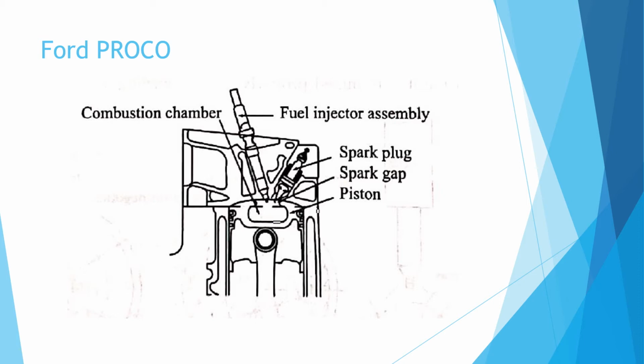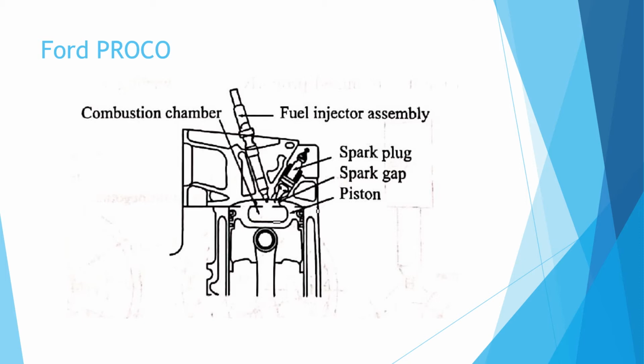The PROCO process aims at minimizing the exhaust emission with maximum fuel economy. Unlike FCP, it uses air throttling for this purpose. Intake port design is the most important in the Ford PROCO engine. It is set to impart a swirl around the cylinder bore axis. The swirl speed in the engine is about 4 to 5 times the crankshaft speed.